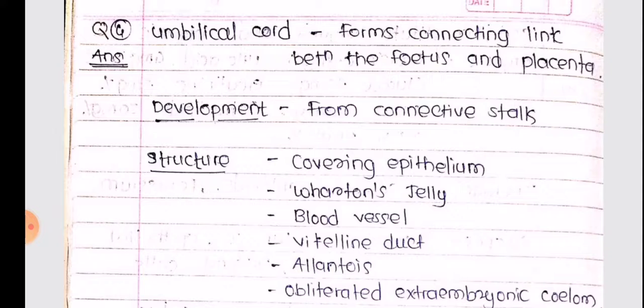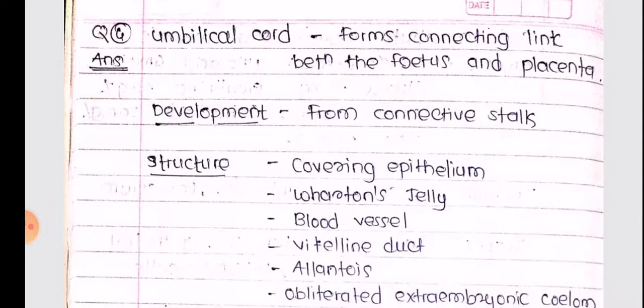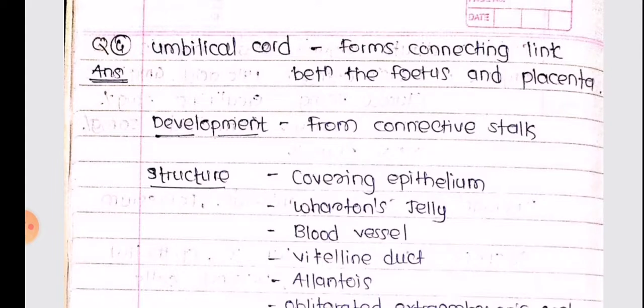So we'll be continuing with our obstetrics examination revision series with our next topic, which is umbilical cord. This topic is quite small as compared to the previous ones, and we'll be covering all the important points which we need to remember for our answers of umbilical cord of 5 marker, and we'll try to cover as much as we can, all the important points. So let us begin. Umbilical cord.